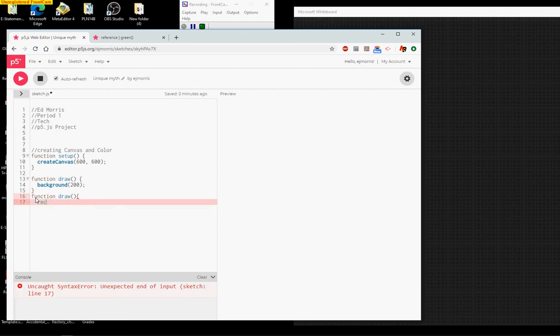Now, rectangle. So R-E-C-T, right? So rectangle, and we want to use the coordinates, the arguments, if you will, and we'll keep it simple, and we'll go 100, 150, 200, and 50. What does that mean for us? I'll tell you what it means for us. It means that we want to draw a rectangle that has the coordinates of,